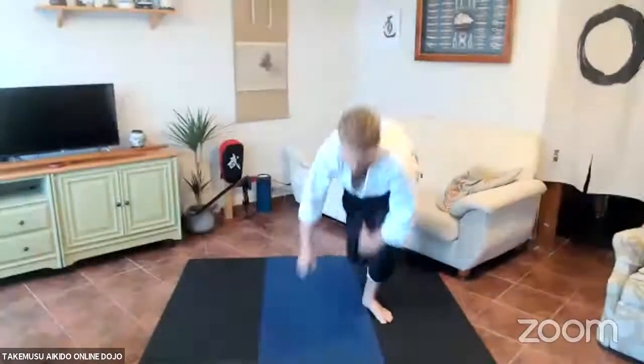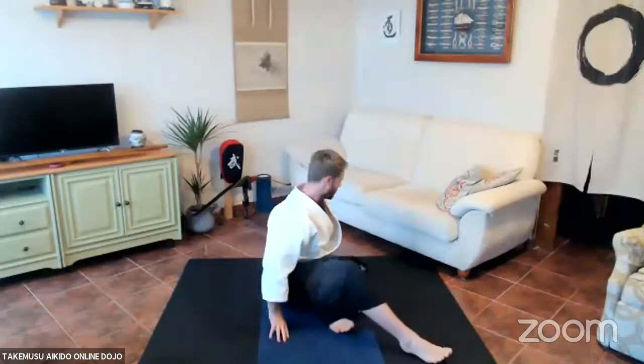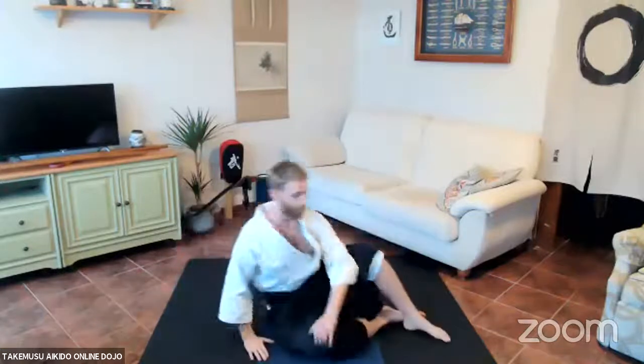Okay, we're just going to go down to the ground, a little bit of kemi work. So just come into this classic position here. You've got one leg tucked, one leg up. You're just going to use the hands, so really coming down, rolling, coming up,